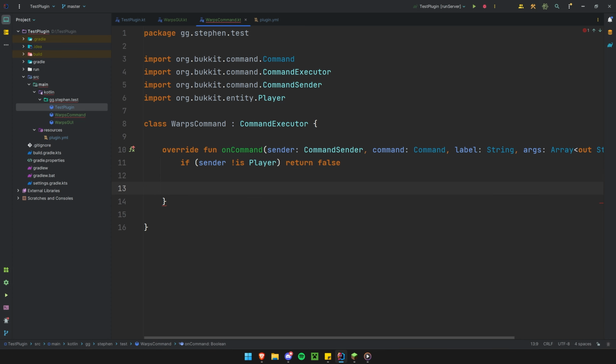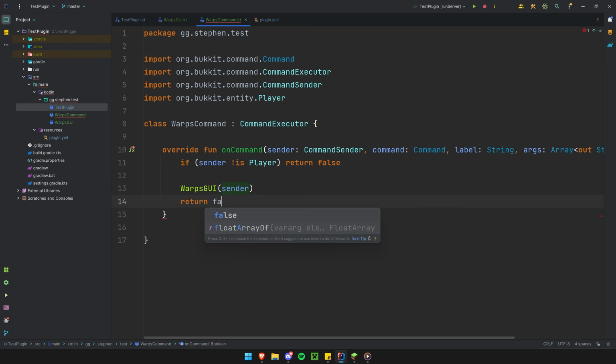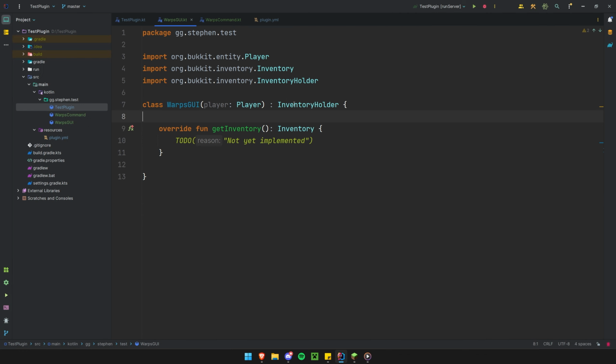Okay, perfect. So now let's open it for them if they are a player. So we'll do a new instance of warps GUI, and then we'll pop in the sender as the player, and then we'll finish this function off by simply doing return false. Of course, you can add any permissions checks you want to, or anything like that here. Alright, good stuff. So now I'm comfortable that when somebody runs /warps, it's going to go ahead and open this